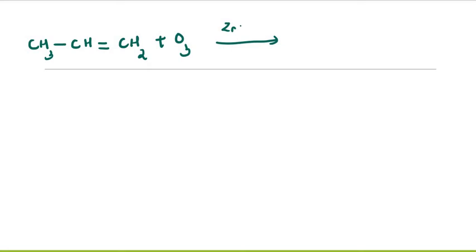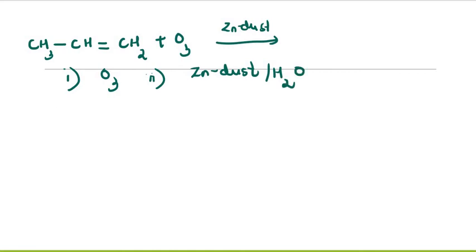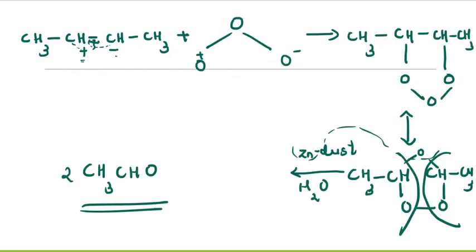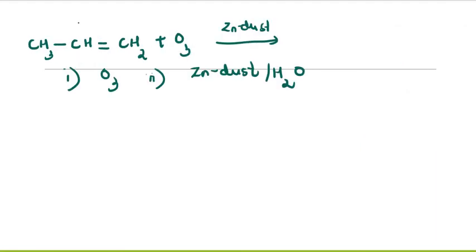Now there is a simple way to learn ozonolysis. What is that? We had taken butene. So let's take it once more, the same example. Now, if such a reaction is given in your exam, it will be given as what? The first one is O3 and the second one will be what? Zinc dust in water. That means the reaction represents our ozonolysis. So instead of writing so much, we can simply put 2 oxygen in this place. So we will be getting what?